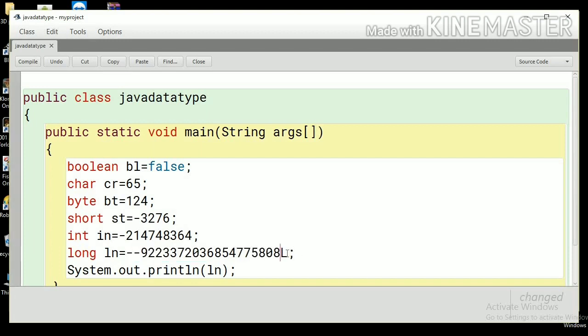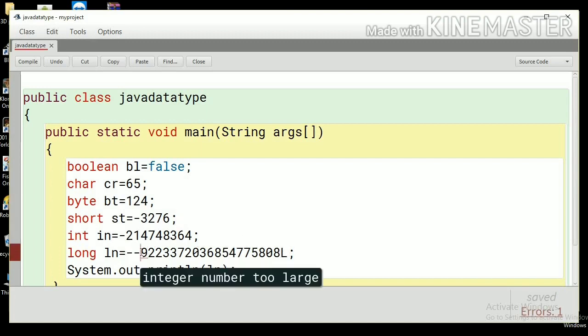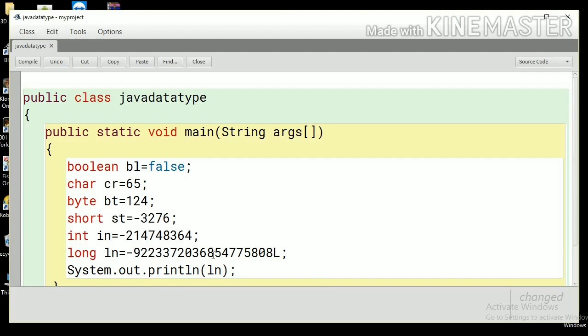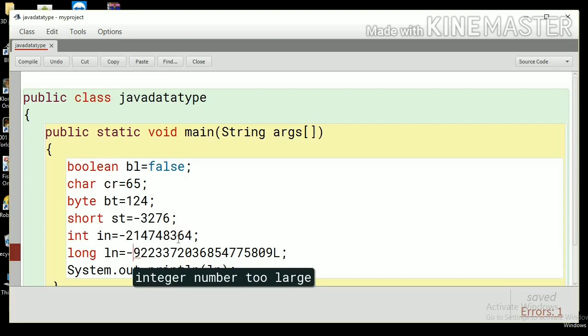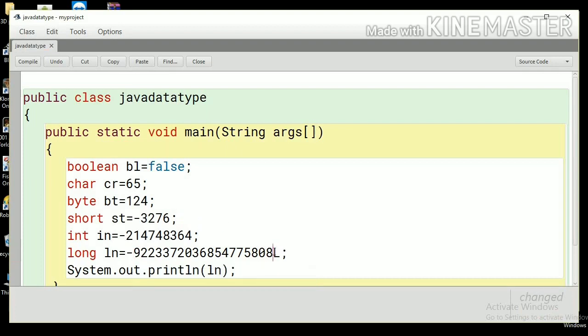Yes, and remember, don't forget to add this L at the end of the value. So right, and this is fine, no error here. And if I increase this even by 1, then let's see what happens. Error. It is going out of the range, integer number too large, so we cannot take this. So this is the long data type.